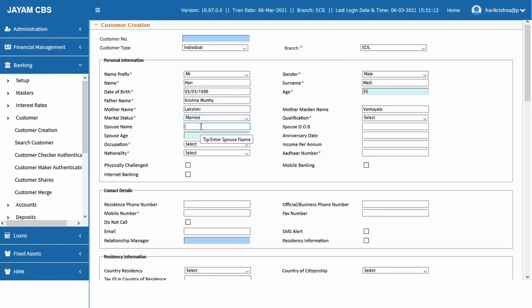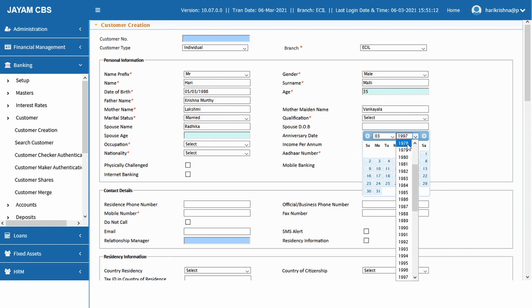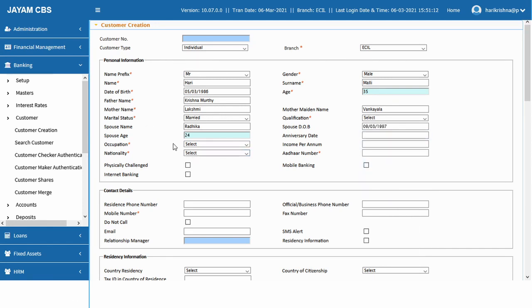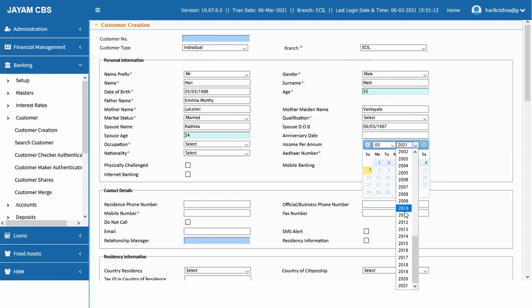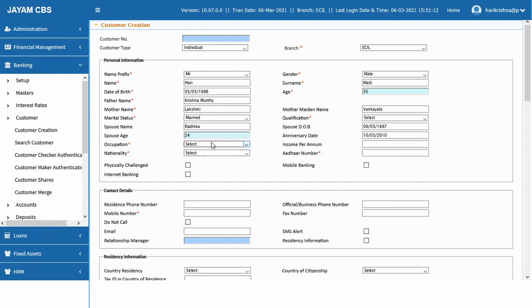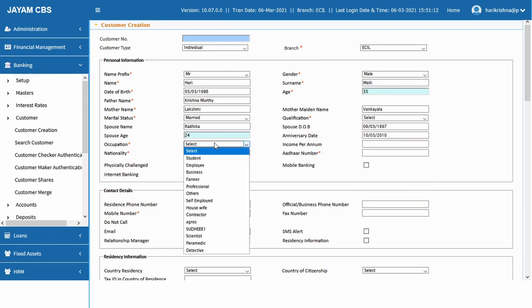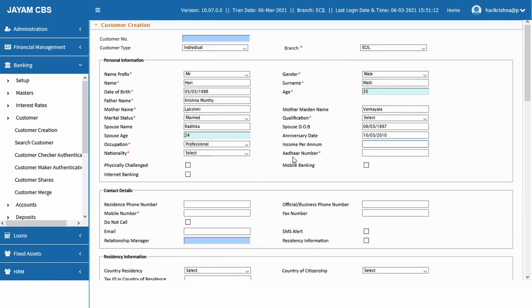Then spouse name, spouse date of birth, anniversary date, for sending the greetings from the bank side, occupation, professional, what is the annual income, nationality, Indian, Aadhaar number.